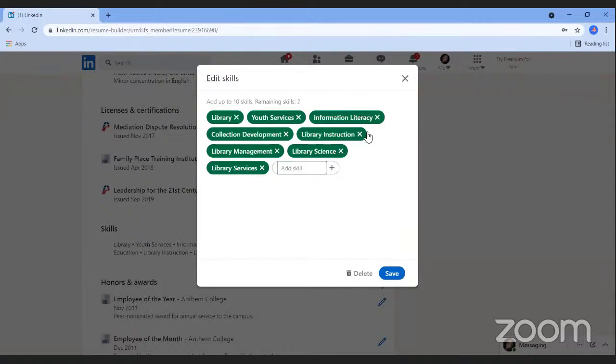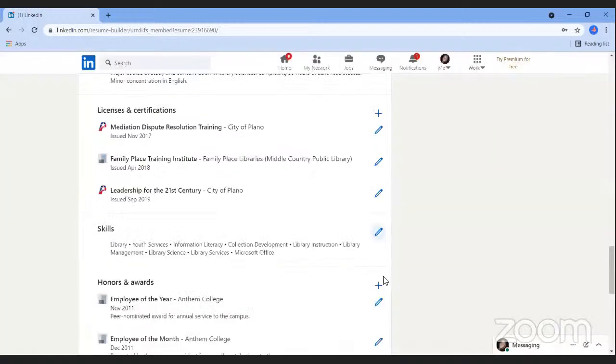I can do that as often as I need to. And if I wanted to add in a new skill, I would just type in the box and you'll see it starts giving me some different recommendations. I can choose the one that's most appropriate and make those changes. Once I've made all the changes that I need to, I can go ahead and hit save.